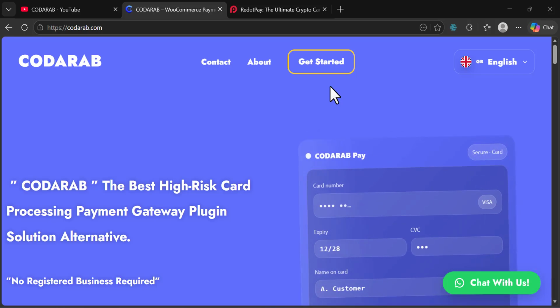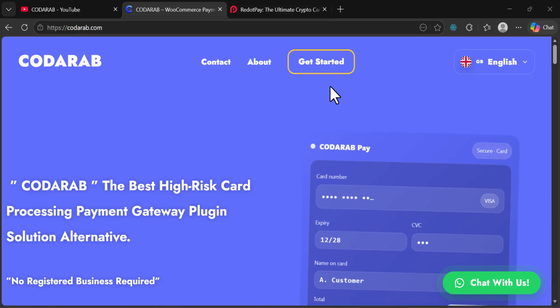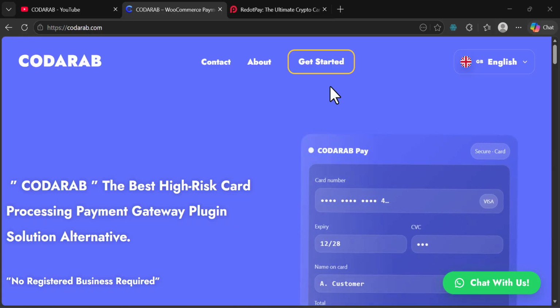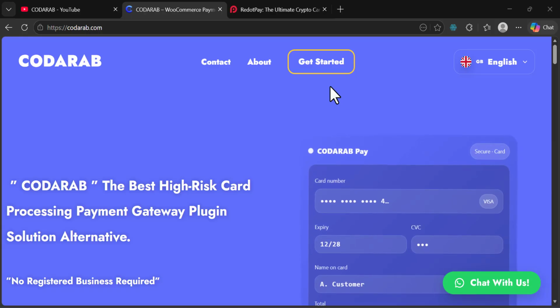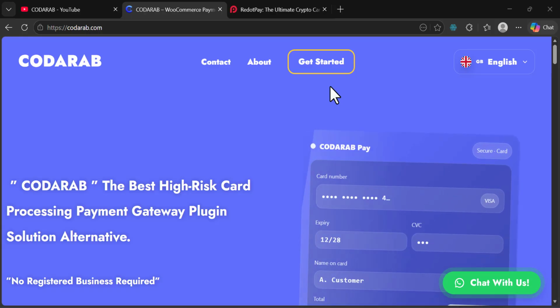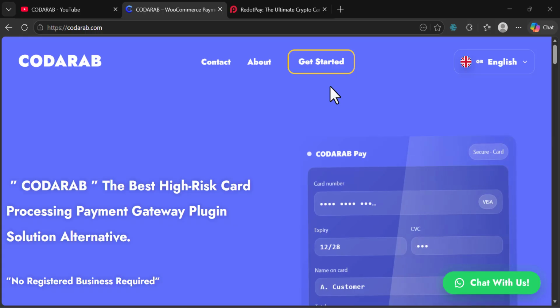Today I'm going to show you how to withdraw your funds from your PayPal account after accepting payment via CODARAB Payments on your WooCommerce store. So the question is,